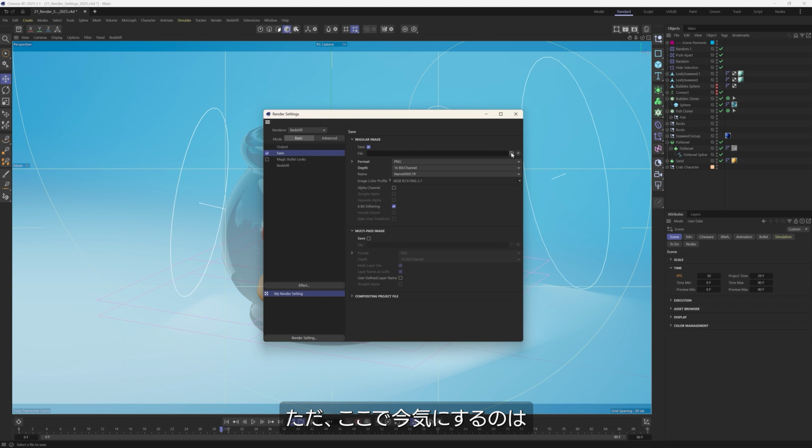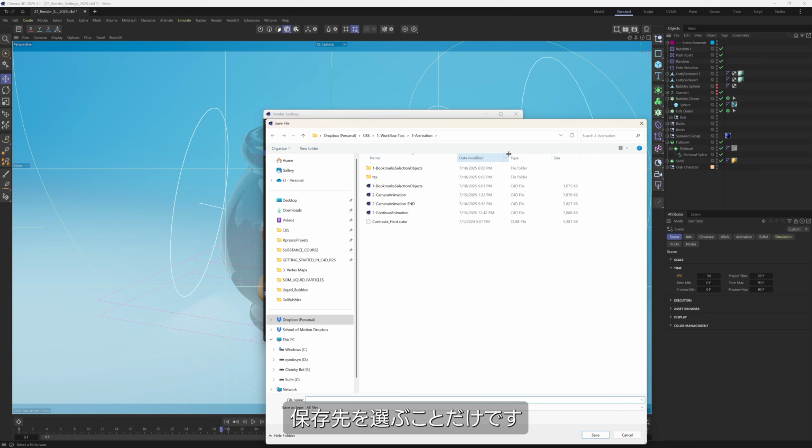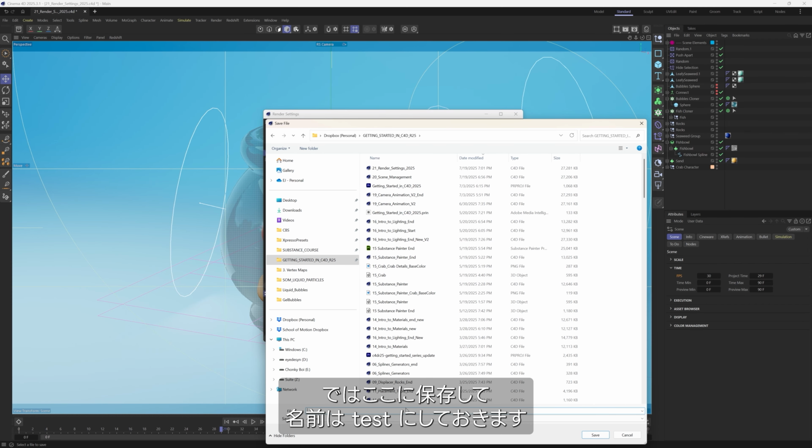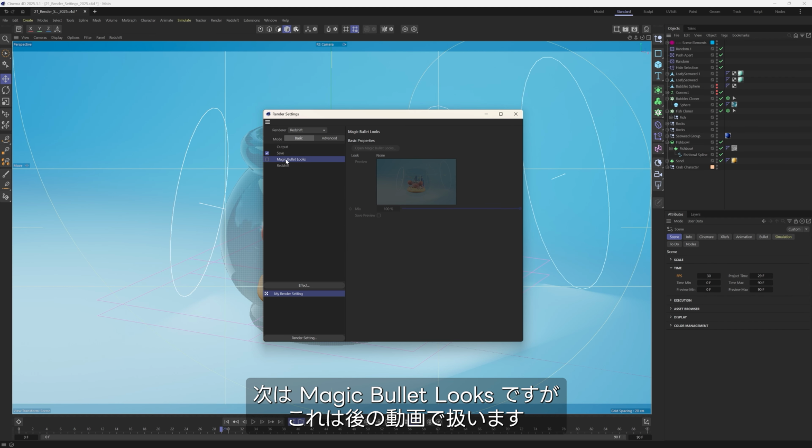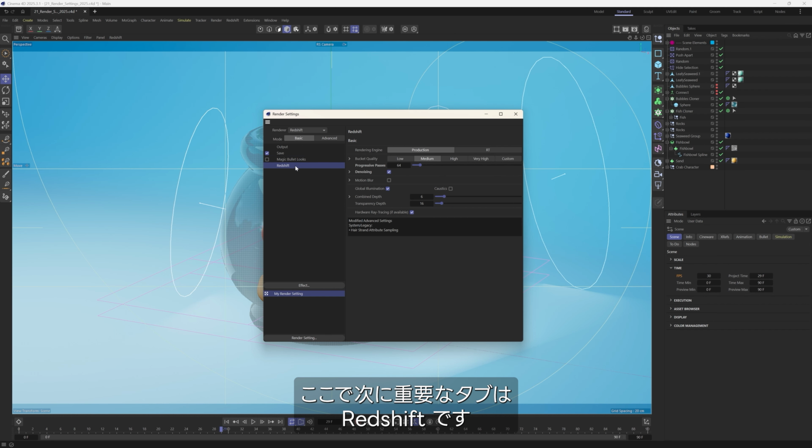But the one thing we're going to worry about here is just choosing where we're going to save our file. So I'll just save here, and we'll just do test. And you can see there is our file path that our animation is going to render at. Next is Magic Bullet Looks, which again we'll cover in a later video. But the next most important tab in here